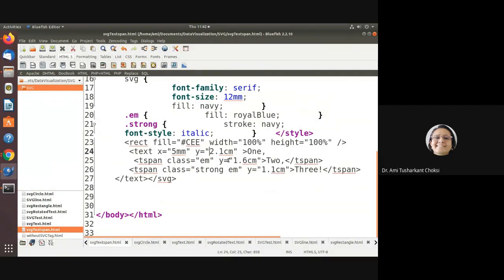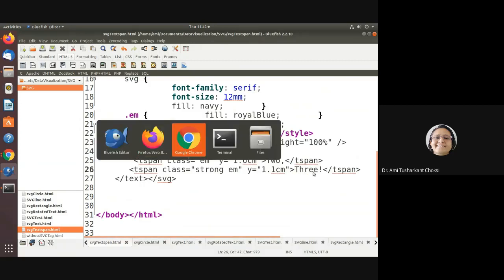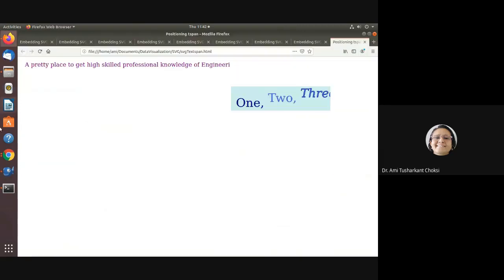Fine. Okay. What we have done is, this is at 1.1, this is at 1.6, and this is at 2.1. So whatever we are specifying for y, that way we'll be able to see the text, right? You can say 3, we are able to see first. You can say, no ma'am, 1. But from x we can see 1 is available first, but from y we can say we are able to see 3 first. Right? So the way you have specified y, you will be able to see.